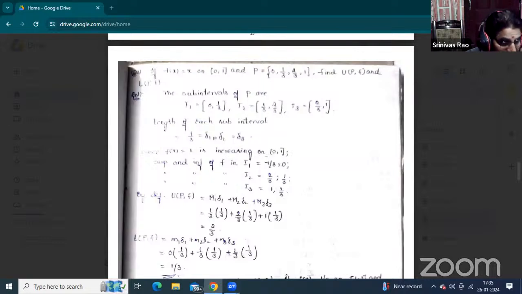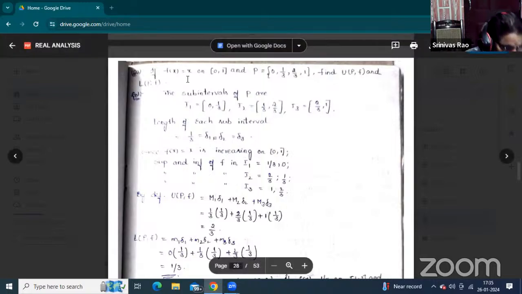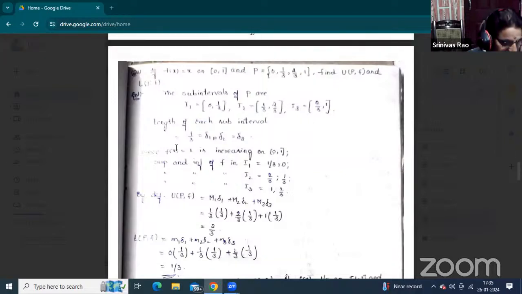Suppose in the examination the partition set is not given. How to derive the partition set? It depends upon the function. We can divide into thirds; we are taking the third type of subinterval, with the length also given. According to the length, we must divide into 0/3, 1/3, 2/3, and 3/3, which is also 1. The final point is given. First of all, we must write the partition set, and then write the subintervals I1, I2, I3. There are 3 subintervals we have to write here.